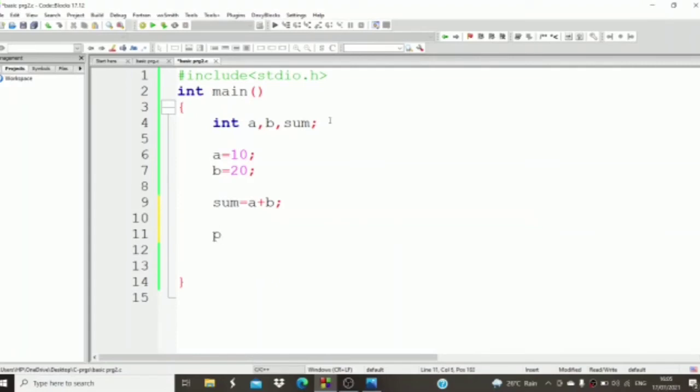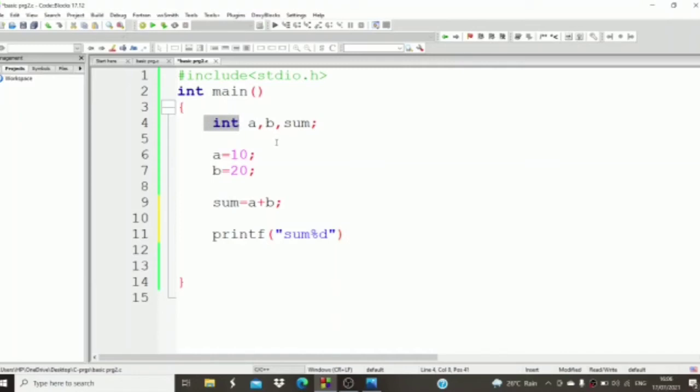Now we have to get the output, right? For output we have to write printf. Inside printf, in double quotes, we write some text and a percent format. Why did I write %d? Because we have taken int here, right?